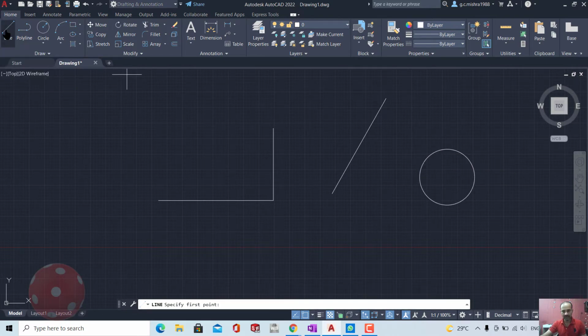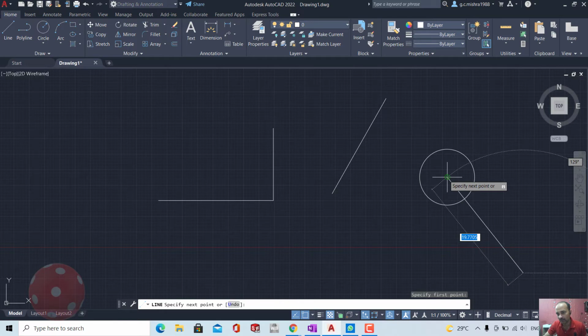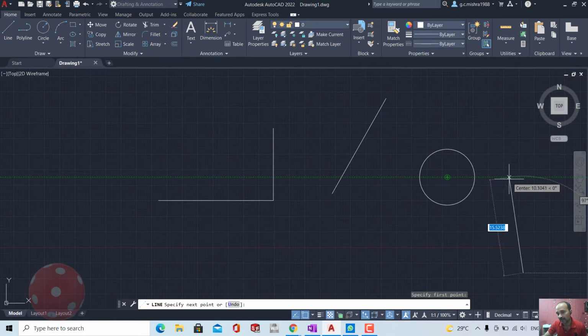If you want to create some line from here and you want it to be in line with the center, then you can clearly see a horizontal green line. That green line shows that you are in line with the center. Basically, that is showing you how to track the center, so that is called tracking.